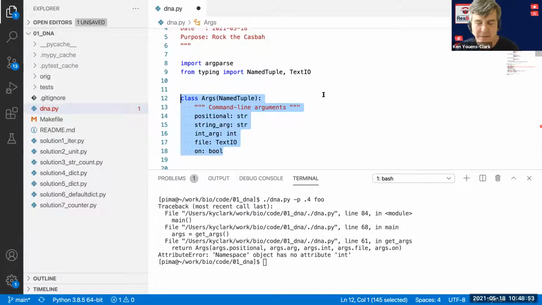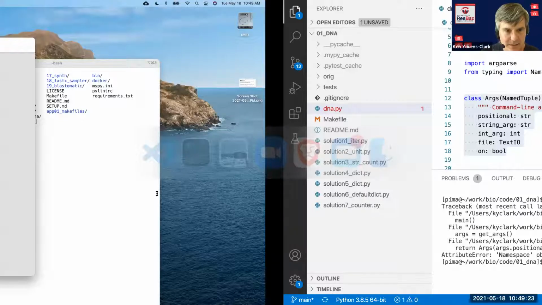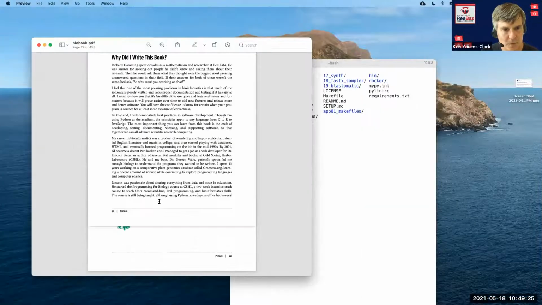The only thing that I would say that you need to know about objects is that they can inherit from each other. So it's very much like a taxonomy, like we have mammals, and then the subclass of mammals is primates. So primates have all the things that mammals have, right? I hope I said that right. Anyway, here we're saying that args inherits from this thing called named tuples. So now I have to talk about what named tuples are. And for that, I'd like to go back to this a little bit.